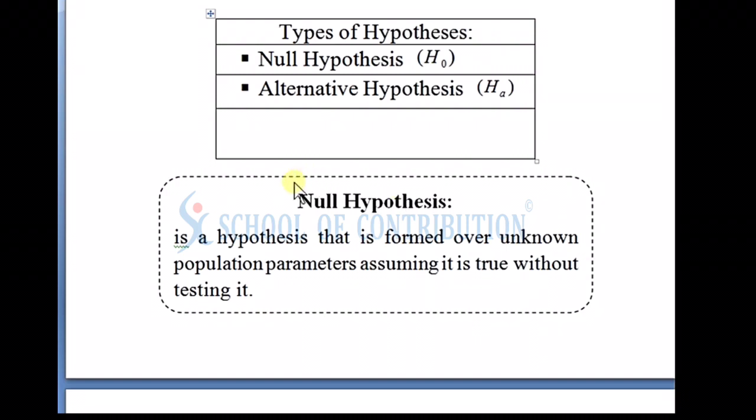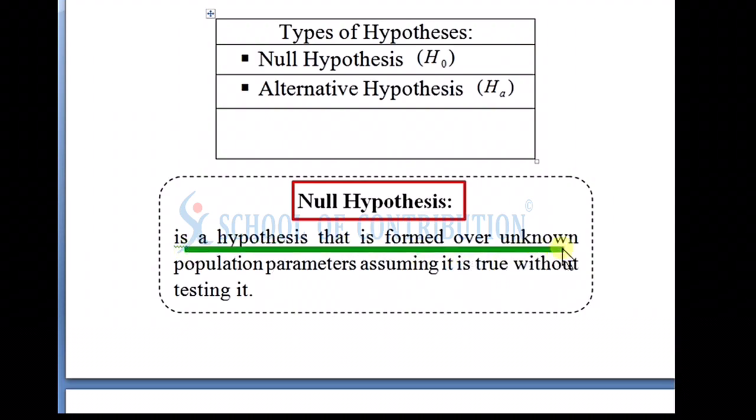Now what is null hypothesis? First of all, we discuss null hypothesis. Null hypothesis is, in a sense, a hypothesis that is formed about unknown population parameters and assumed to be true